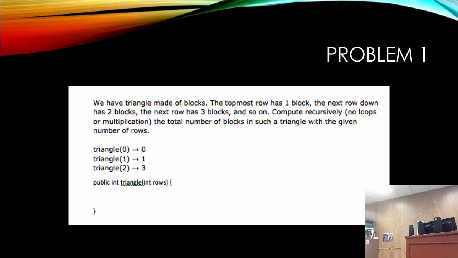I don't know. I think I got the top part, but then it doesn't match that. Because you said the top has 1, and the next row is 2, but then you have 0 equals 0, 1 equals 1, and 2 equals 3. So I'm no longer sure. And the next row down has 2 blocks, and so if there are 2 rows, because the n is the number of rows, then it will be 3 blocks. Okay. Yeah, I didn't do that. I read it wrong. All right, Todd, I think you got it.